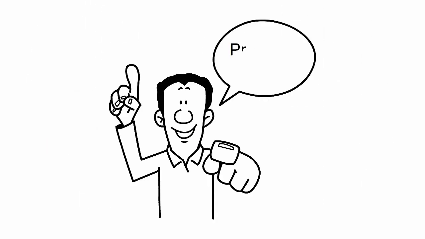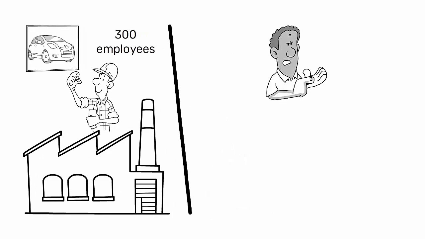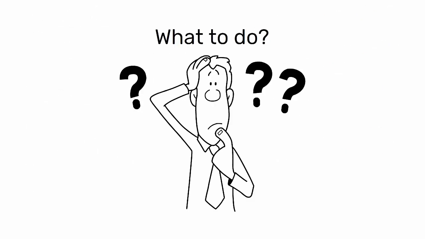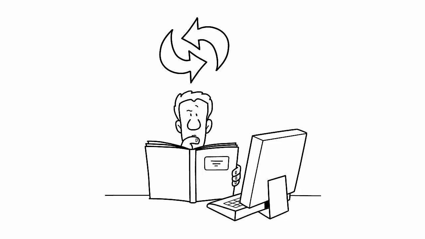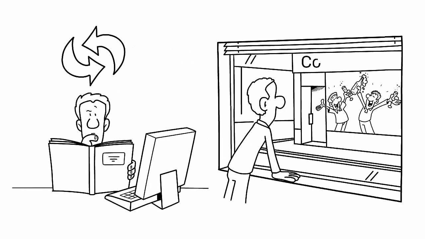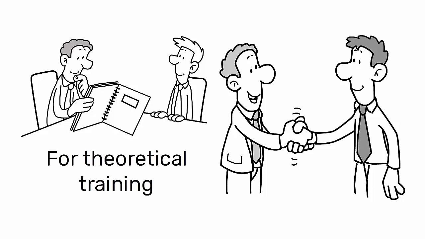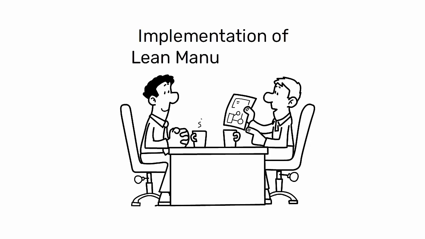At this point, I would like to give you a practical example. Let's imagine a company that makes car components with around 300 employees. Let's imagine dissatisfied customers and a suboptimal budget for profits. What to do? 1. The director of the company read about lean manufacturing and decided to change pace. The results of the other competitors convinced him to start. 2. After some interviews, he hires a sensei for theoretical training for himself and for his team. Furthermore, he asked the sensei to accompany him in the implementation of lean manufacturing on the first product family chosen.